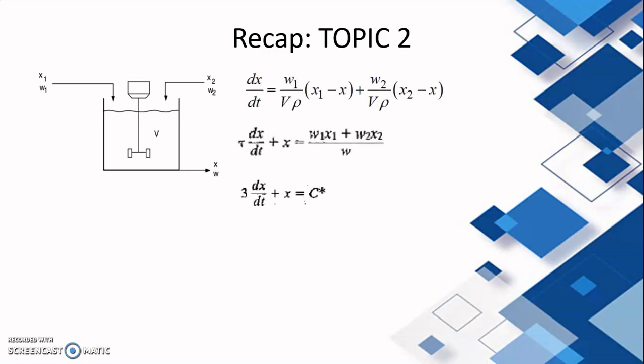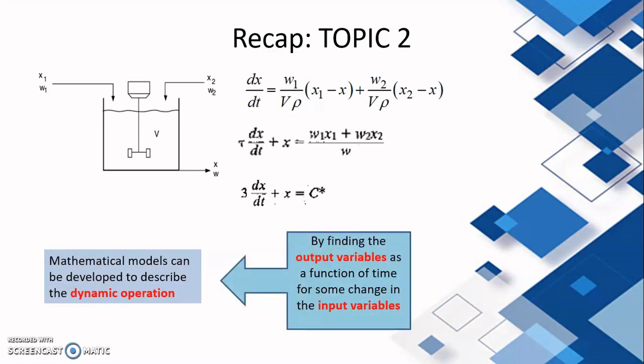Basically, from this model, the mathematical models can be developed to describe the dynamic operation of this blending system. In general, we can say that by finding the output variable as a function of time for some change in the input variable, for example, this equation, we have this output as a function of time by varying some parameters, for example x. So basically, to solve this equation,